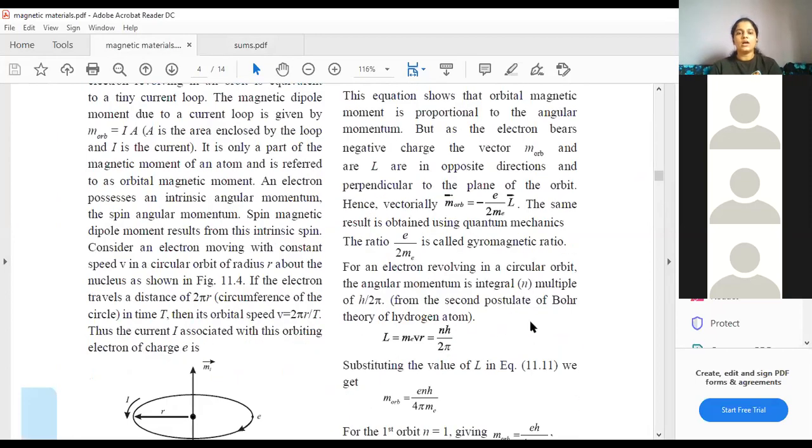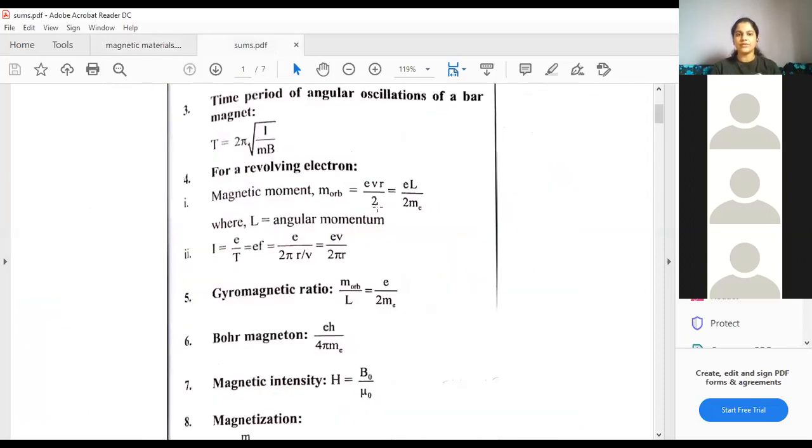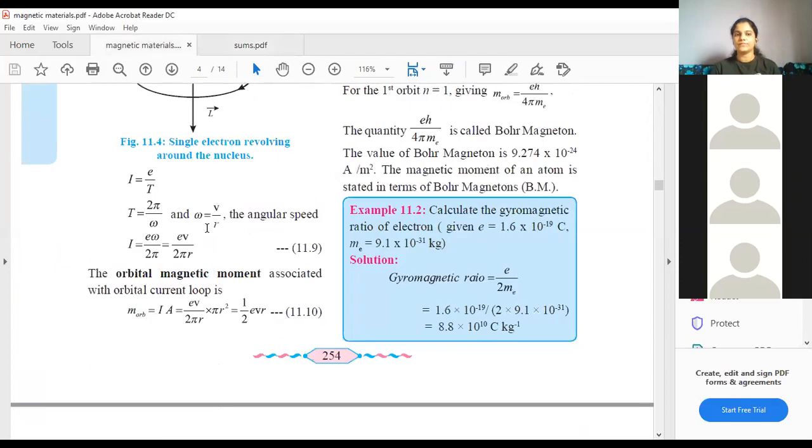Okay, fine. What else have we seen here? The angular momentum formula. This is according to Bohr's postulate. The angular momentum is mvr. Again, m over here is the mass. It is also nh upon 2 pi. I think even that is written over here somewhere. See, L is angular momentum and all. And this I is equal to e upon T. In fact, this is just the starting part of the derivation.